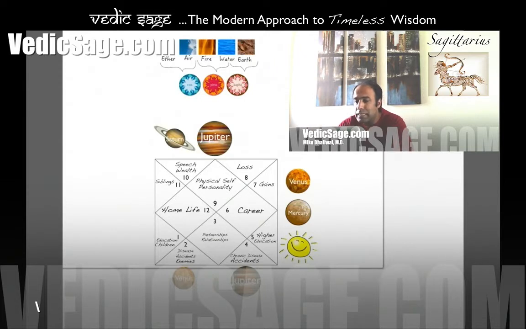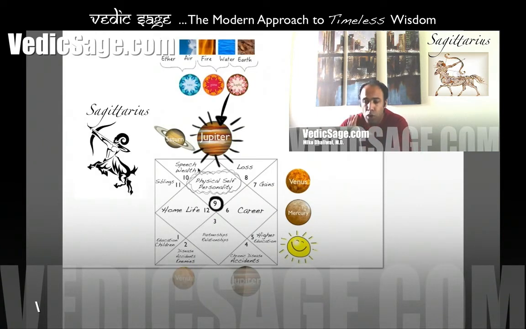If we take a look at the first house, we can see here that Jupiter is the ascendant lord for Sagittarius individuals. And Ayurveda looks upon Jupiter as being a Kapha planet. The first house generally represents the physical self, one's personality, and vitality. Sagittarius is depicted as the bow, which signifies the ability to aim high and therefore have the ability to prevail